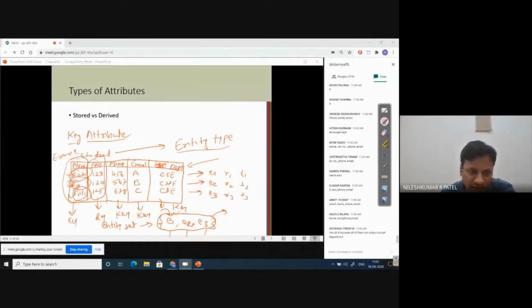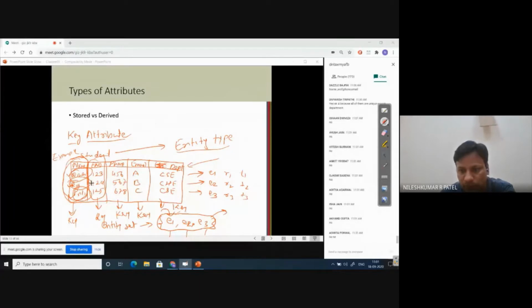So is it always true, all of you, that no names will be duplicate in a university database table, right? It is not always true, right? So without looking into the table entities, like E1, E2, E3, we can simply conclude that name cannot be unique throughout this particular column.